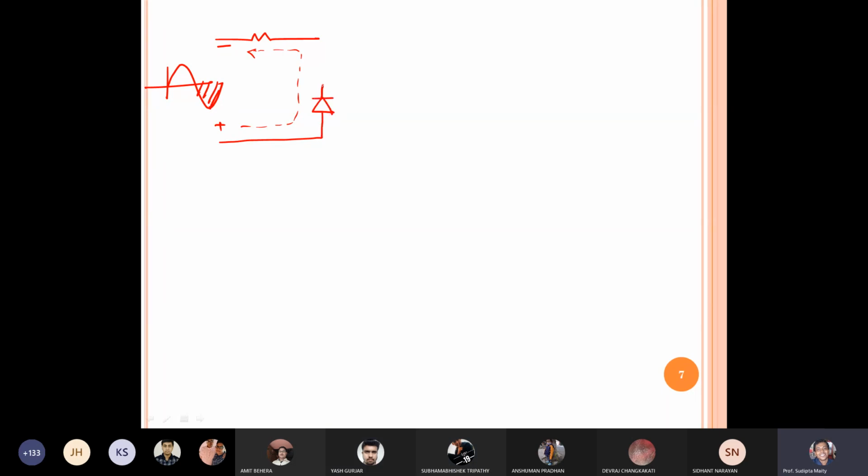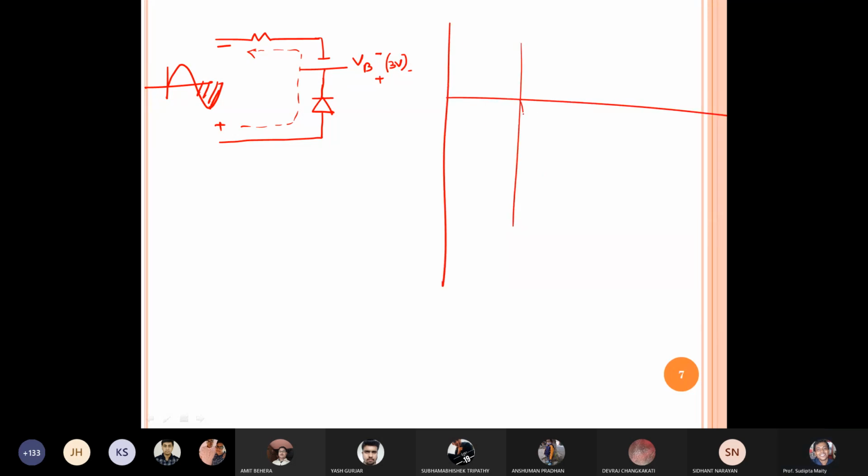If I want to make this kind of current, now if I am placing again a VA over here, suppose here it is VB, it is minus, it is plus, then here it is this one. In this case suppose I am assuming it is 3 volt. Agree? So let's draw the input cycle, a bigger one. In red color it is the input. Is there any doubt up to this?